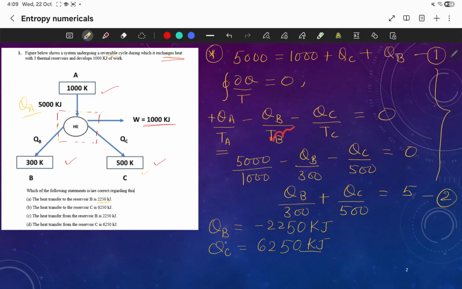Okay, fine. So here if you see the qb, which we have assumed that qb direction is this side. Now what we are getting is a negative, so what will be happening here? qb direction will be like this. Its direction will be, heat will be extracting from this 300 Kelvin reservoir. Okay, now let's see, the heat transfer to the reservoir B is